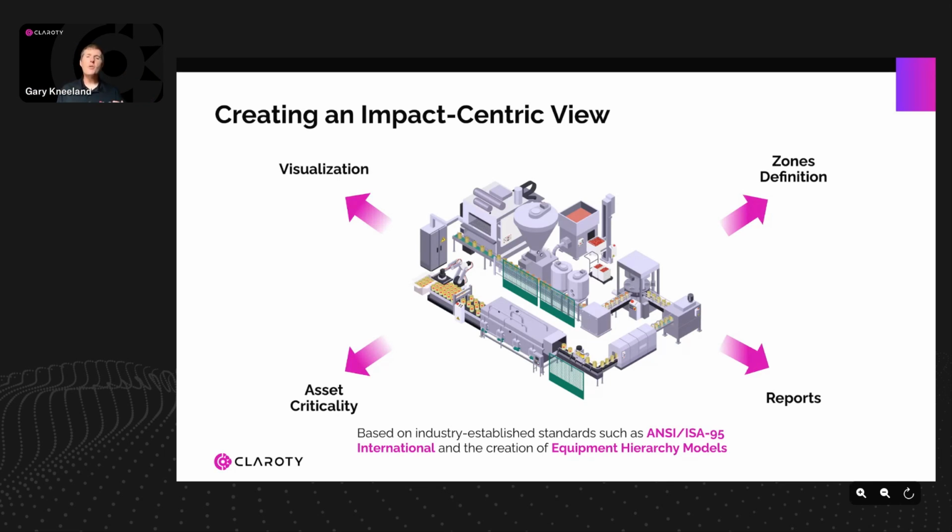So from that, I can do things like visualize connectivity. We get a lot of requests from customers who want to understand how their systems communicate within a site. Not just that devices are communicating, but how does this production line communicate with this other production line? Or how do my sites communicate? Instead of just looking at a group of assets, how do my different production lines, my different safety systems, or these different things within my environment communicate?